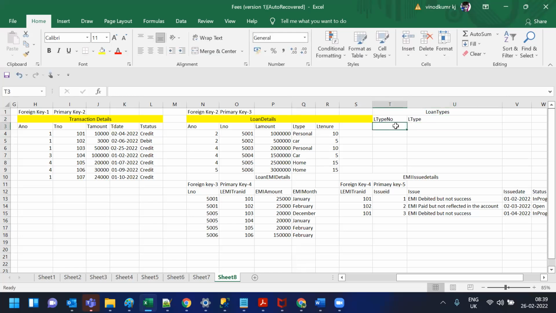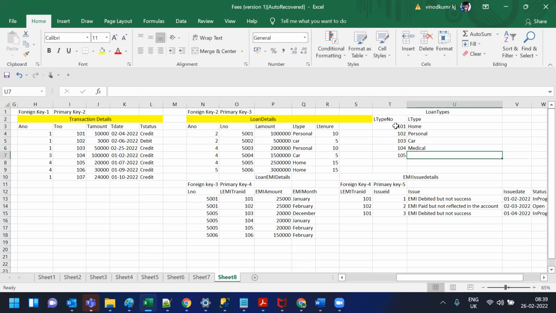Let's say 101 is my loan type number, and we have home loans. 102 will be personal, 103 will be car, 104 medical,